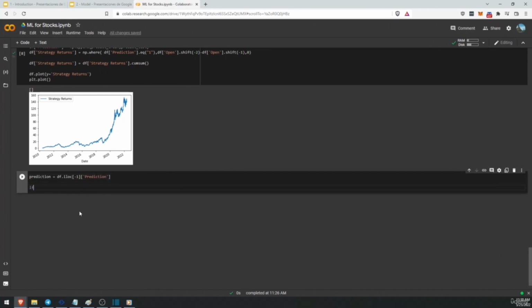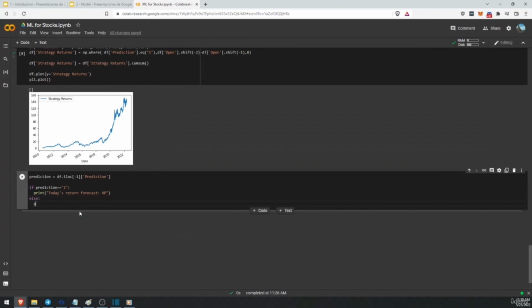Now, if our prediction equals to 1, this means that we can print something like today's return forecast is going to be up, and we could add an else statement. If our prediction isn't 1, we can print something like today's return forecast is going to be down, and we are going to hit play. Alright, so our forecast for today using this model is going to be down,